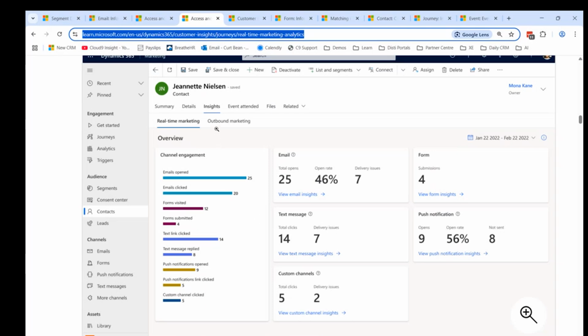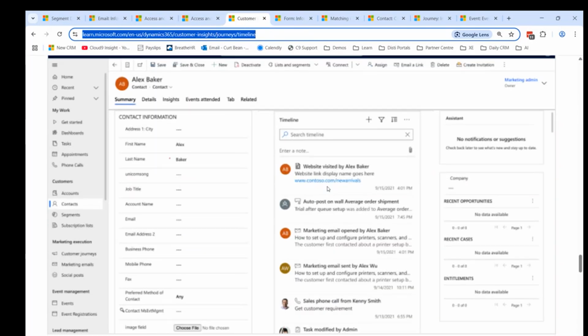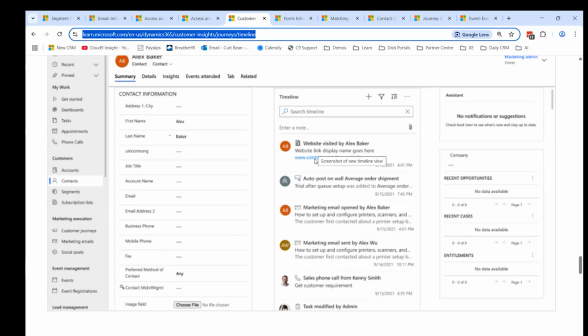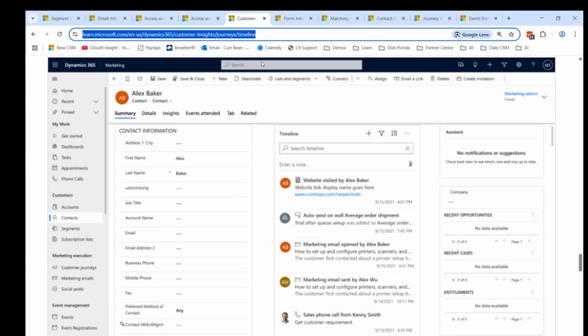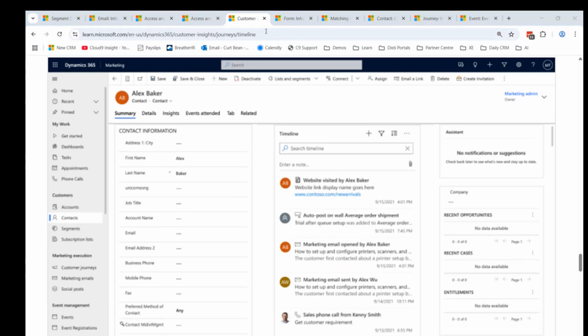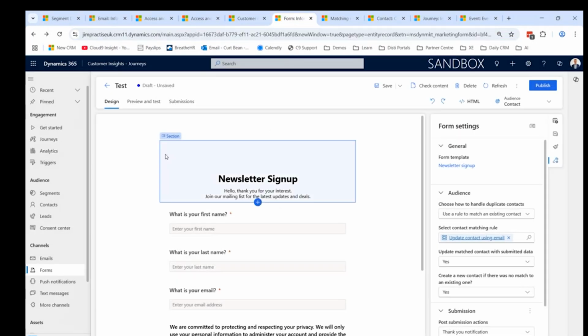So as you can see here, this is a Dynamics contact record. I can see all of the interactions that that particular person has had, and even better still, it will also go directly against their contact timeline as well, which if you're a Dynamics user, it's probably one of your favorite features. So when we move on from there, another one of the popular features inside of Customer Insights is the